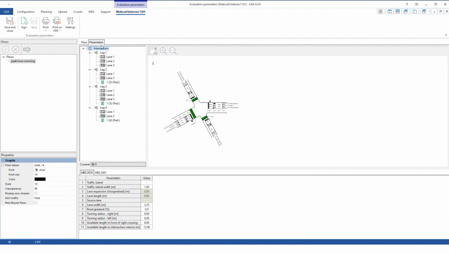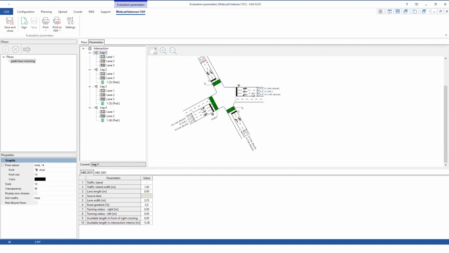You can find them here under this ribbon, parameters. And here you can enter parameters about the width of the lanes, maybe add an inclination, or a road gradient. Let's say we have 10% road gradient here, then it would appear like that. So this, of course, influences the saturation flow. And put in turning radiuses, put an available length in front of right crossing. So everything from the geometry perspective that could influence the capacity of our intersection